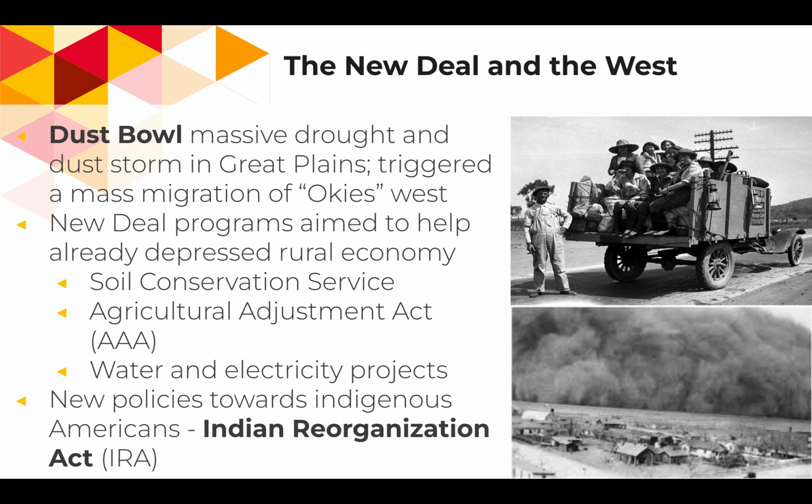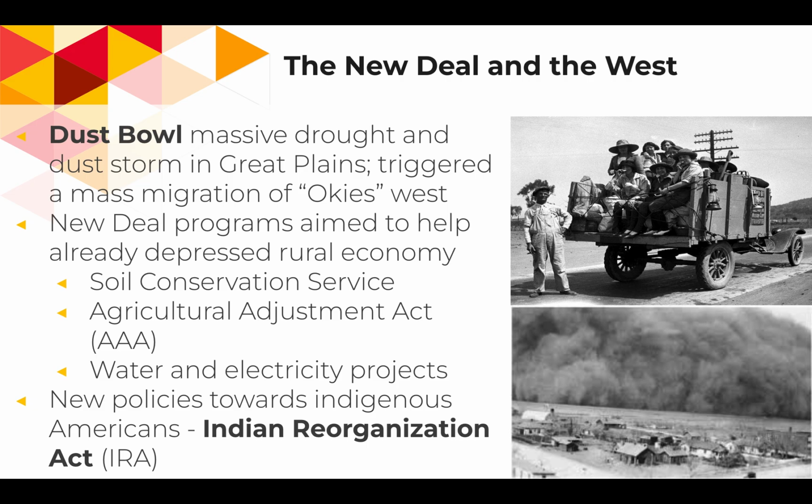And of course, because of these massive dust storms, the land was completely infertile, and it triggers a massive wave of migration out of the region, mainly west to California, in search of better harvests and job opportunities. Oklahoma alone lost over 440,000 people, and that was about 18% of the state's population at the time. Those people who left Oklahoma were known as Okies. Oftentimes, like in this picture, you see them just getting on a car. You would see entire families driving what were called jalopies. They were really cheap cars, and they would pile as much as they could onto these cars and head west